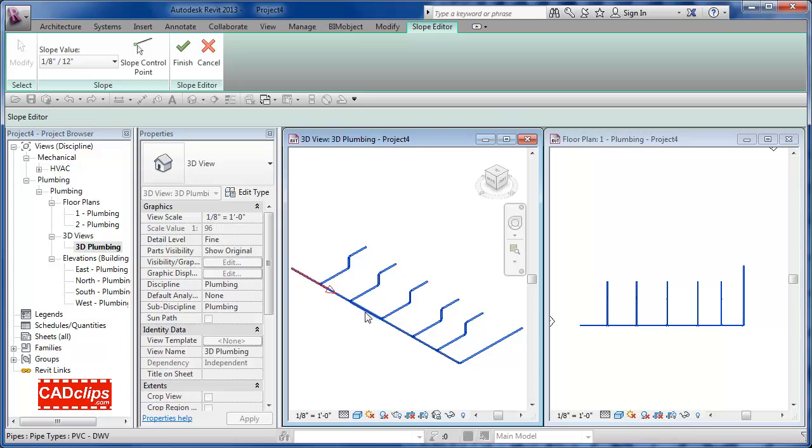So either it's sloping up this way. So the high point would be up here and on the main run. And then these would all still slope down to there. Okay. Or you pick on here, and this is now the low point. These still slope to here, but this main trunk now is sloping down and down. Okay, so that's what this guy does. It's really smart that way. So we say finish